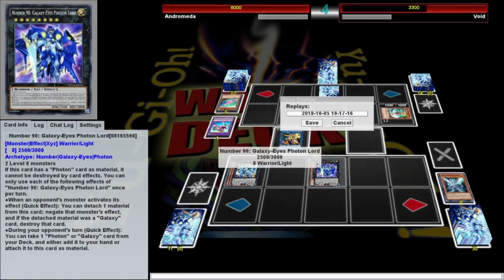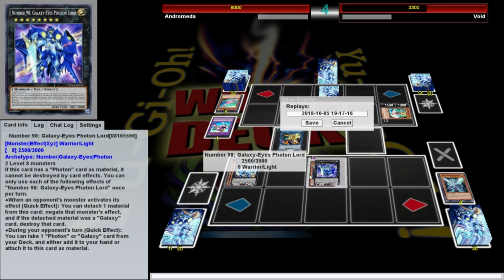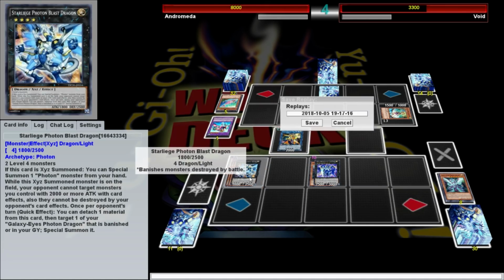None of these two can't be targeted or destroyed. Even if you get rid of this, this can't be destroyed while it has this. It searches every turn, it negates every turn. This can discard to negate. And of course, if you like,